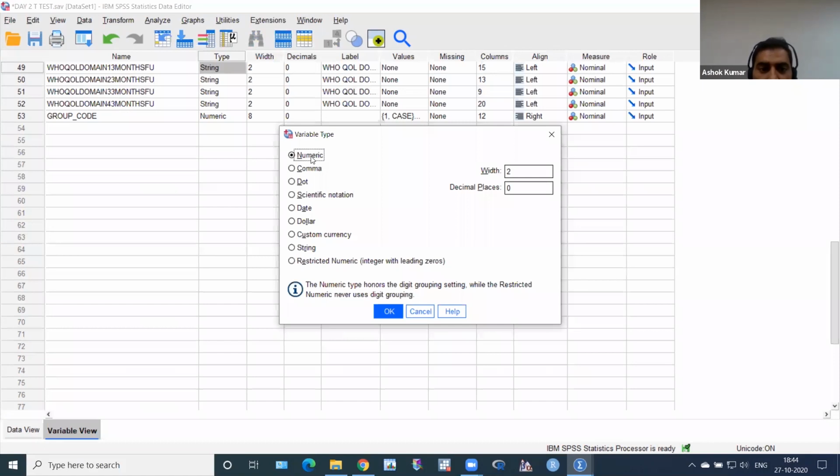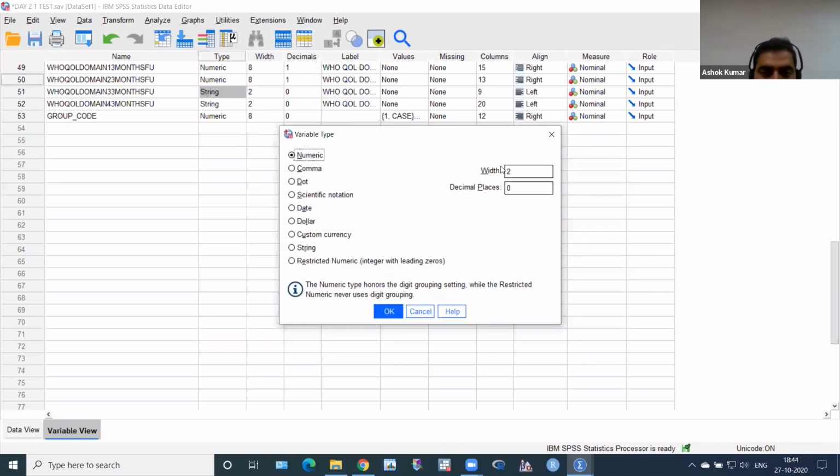And then I have to remember whether there is a decimal or not. I think there is no decimal. If you give one decimal, it's okay, there is no problem. And I want a width of 8. Okay, very good. Numerical change. Okay, numerical. Width 8, decimal 1, no problem. We can give decimal 1 and okay.